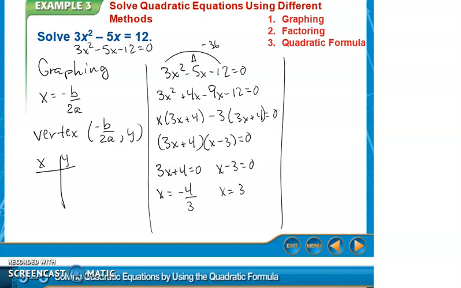And then there's the quadratic formula that we just talked about. No matter which way you do this, you should get the same thing. So if we had done it with graphing, you would have had x-intercepts or zeros at these points as well. So zeros, x-intercepts, solutions all mean the same value. Quadratic formula, you're going to use x equals negative 5 plus or minus